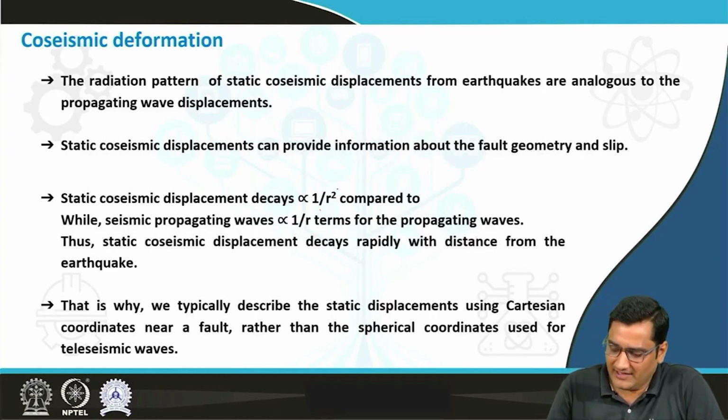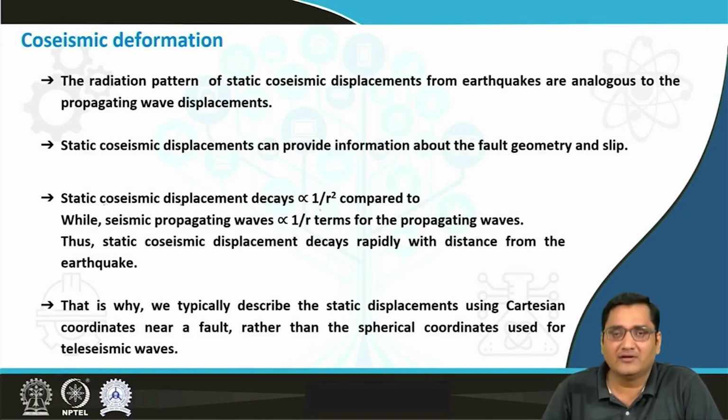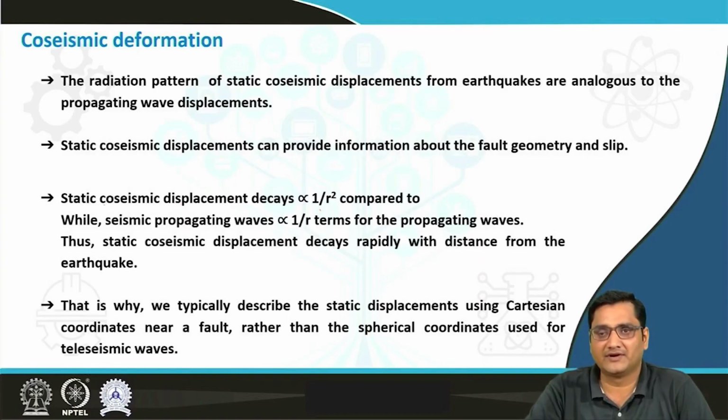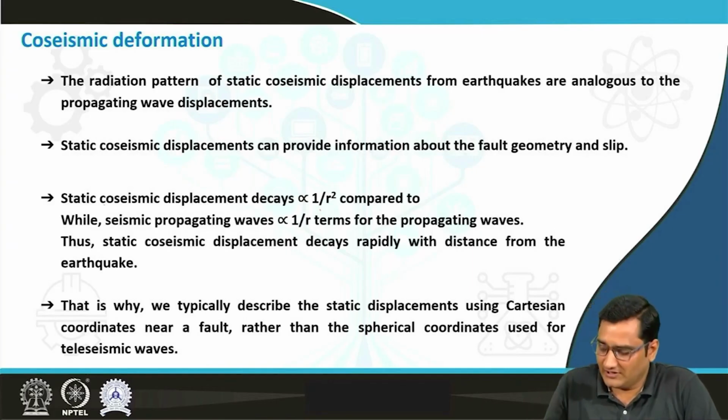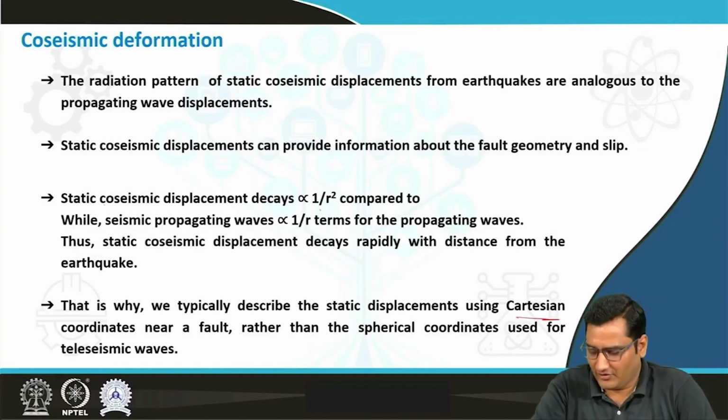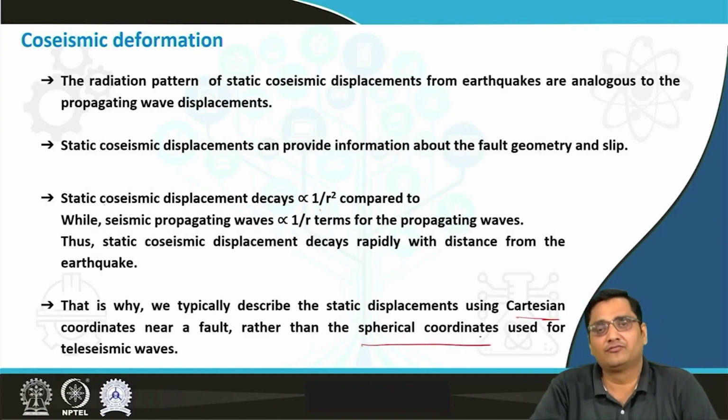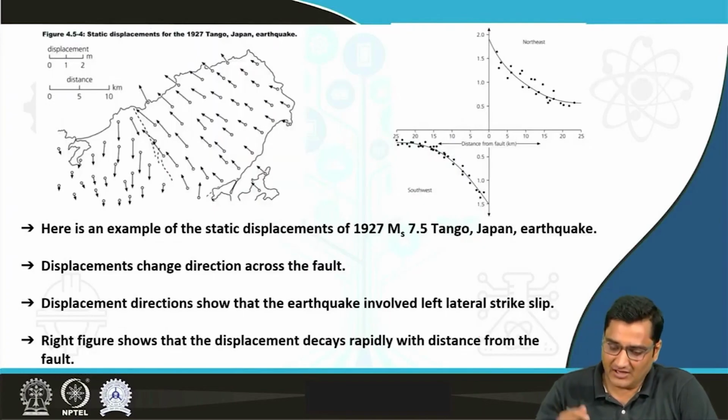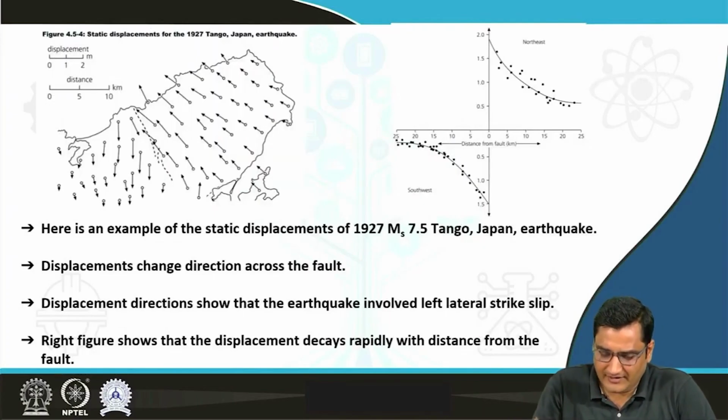So you can see that the co-seismic displacement, the static co-seismic displacement, decays relatively faster with distance from the earthquake. That is why we typically describe the static displacement using Cartesian coordinates near a fault instead of the spherical coordinates that are used for teleseismic waves. If you look at these figures here, these are the static displacement for the 1927 Tango, Japan earthquake, which was of